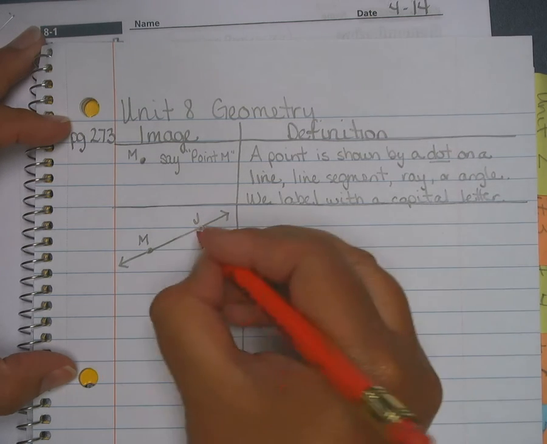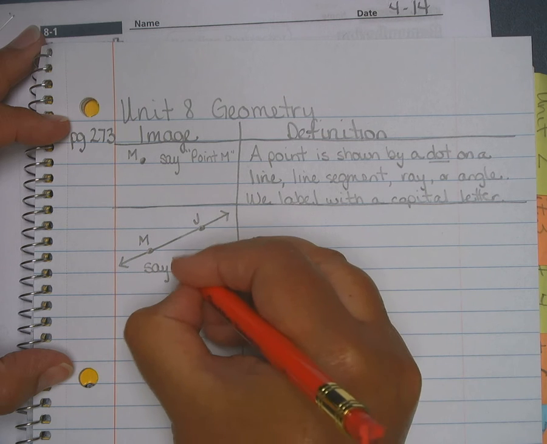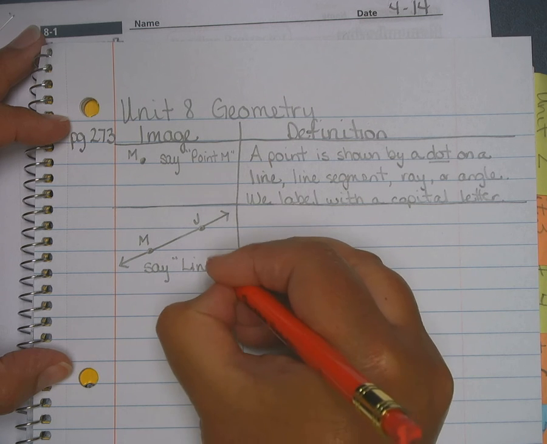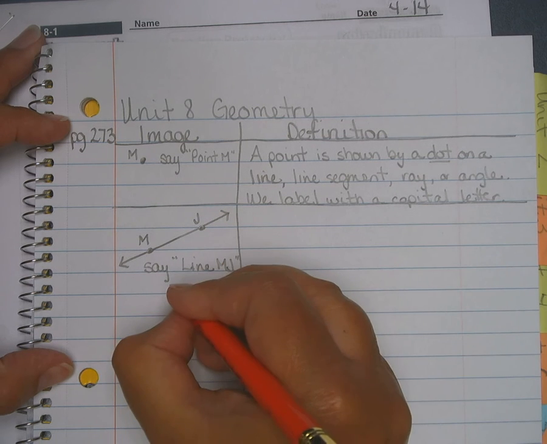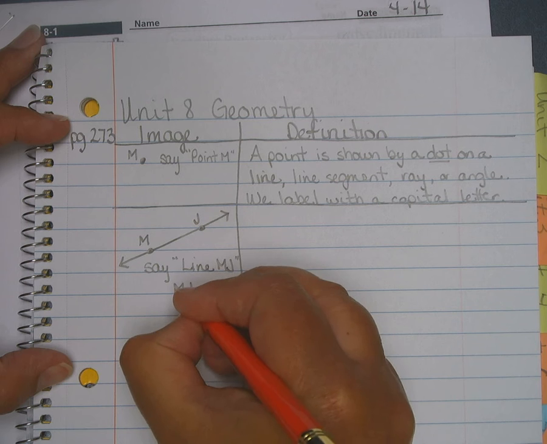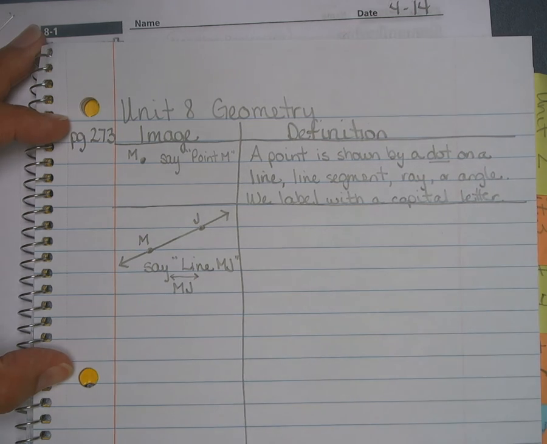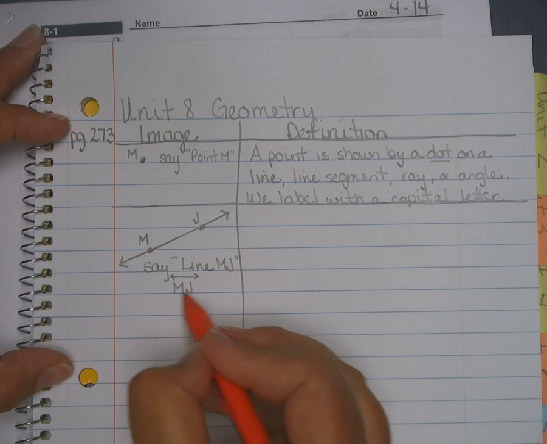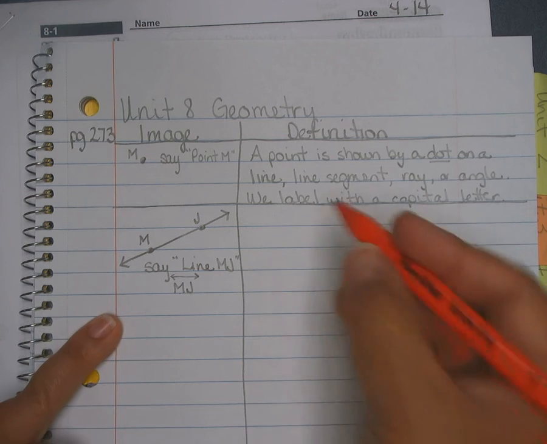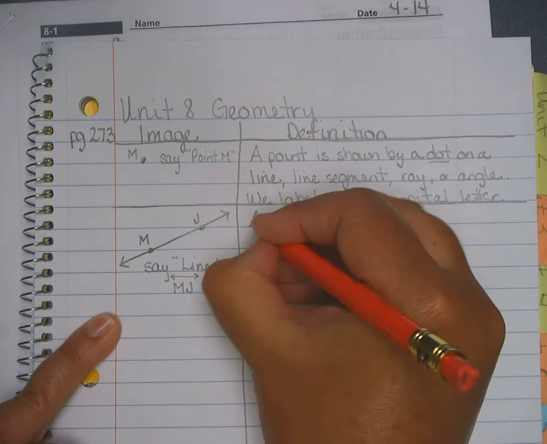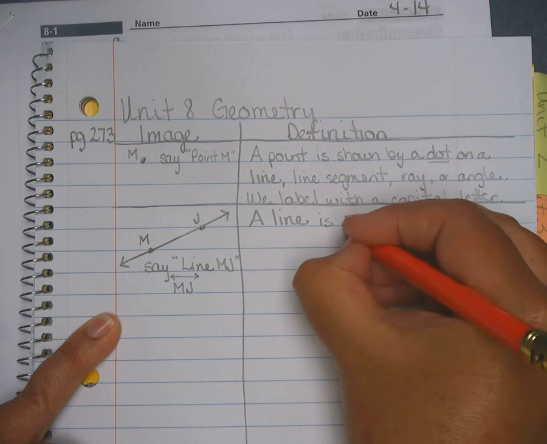To talk about this, we would say that this is line MJ. If we were showing someone line MJ, we could use a symbol with the line symbol above and the initials MJ written below. So we call this a line, and by definition, a line is a straight path